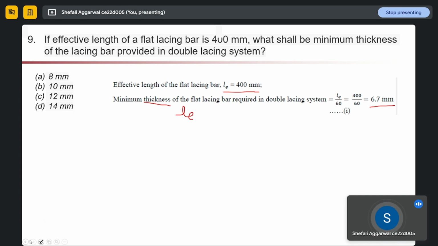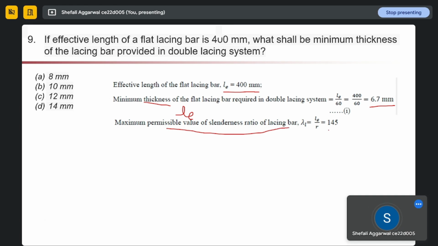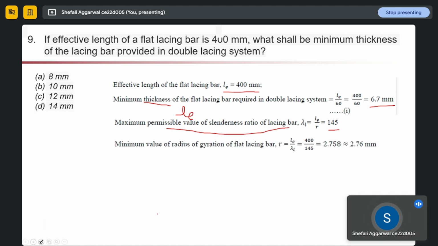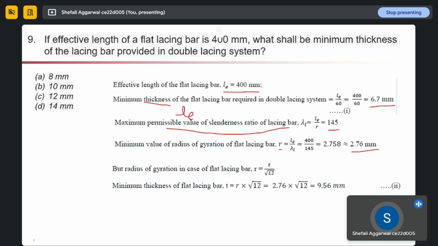And secondly, the maximum permissible value of slenderness ratio is 145 in our case. So L is given to us. From here, we are calculating our r, radius of gyration. It is coming as 2.76. And using the second formula, the maximum thickness is given by r into under root,